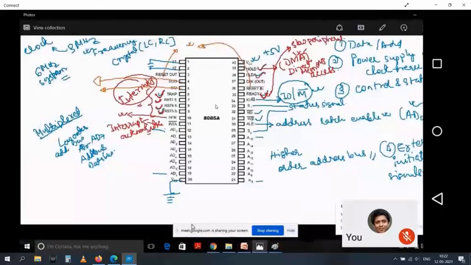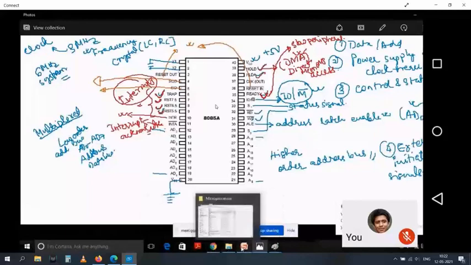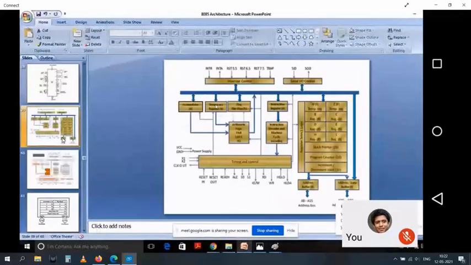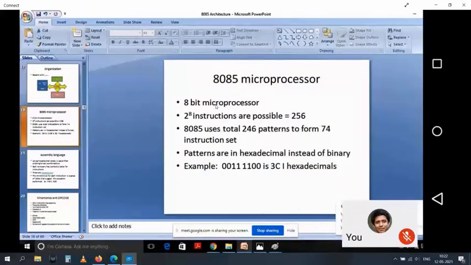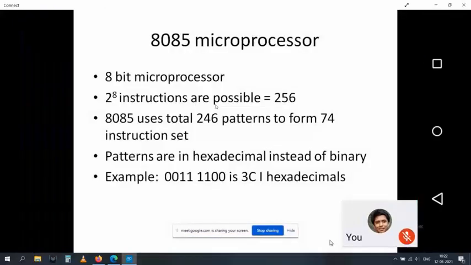So today we will see what kinds of signals are available with us, how the instruction set is, how the instruction is given in the microprocessor, and what format we use to write programs. You know that there is machine language, and there is low level language and high level language. C and others are high level languages, and machine language and assembly language are considered low level languages.